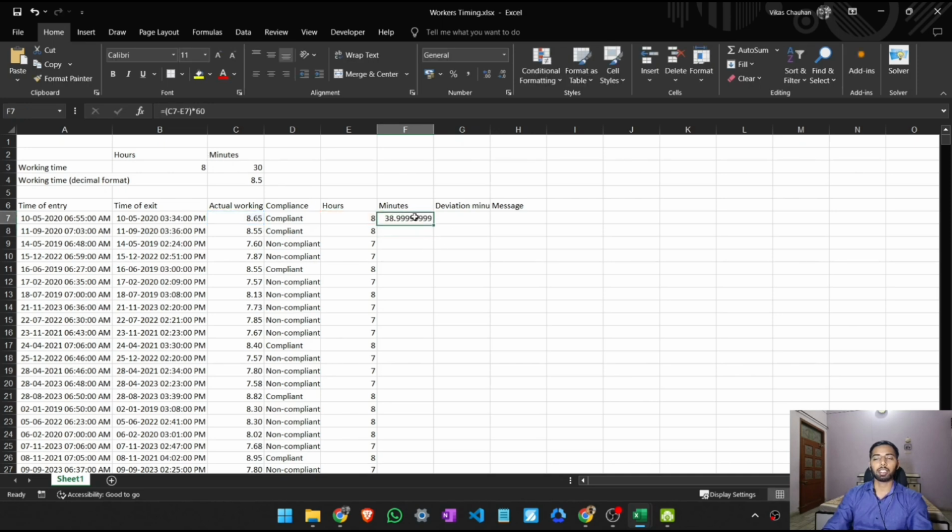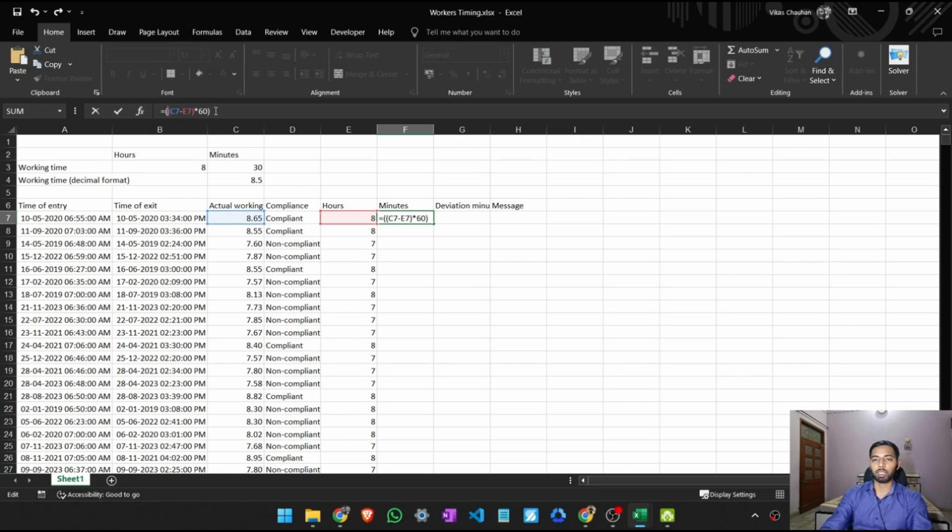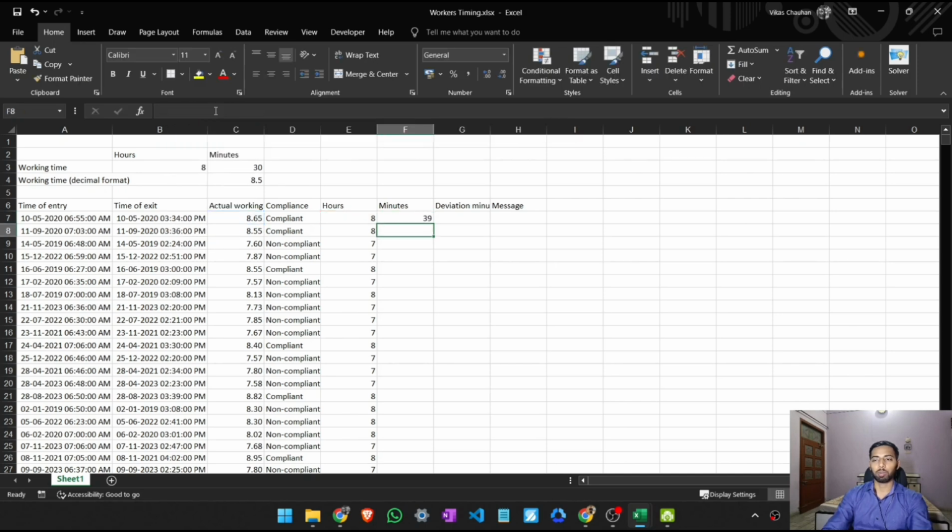So here we will get a decimal form. So we will round it off by using ROUND, and we will give num digit as 0. Also we will convert this into int form, so we give INT also. Here we get the result, and we can double click to apply it for all cells, or you can say the complete column. Here you can see